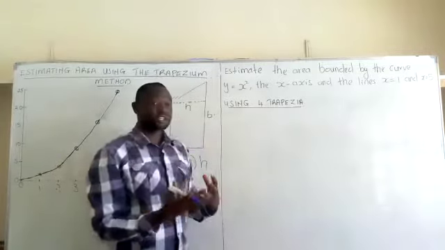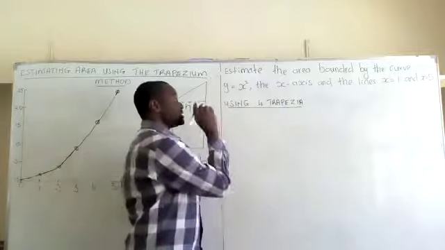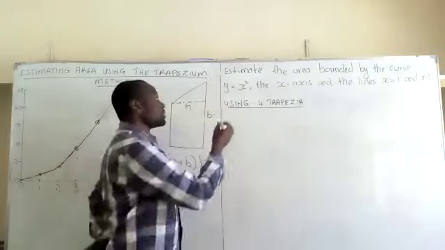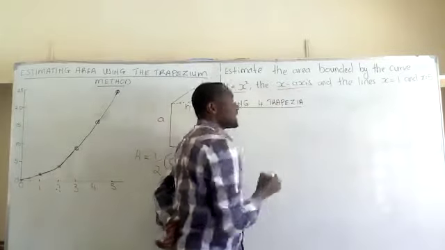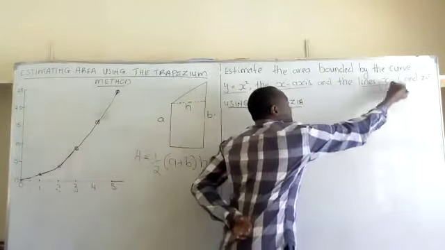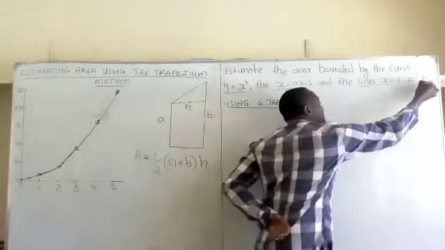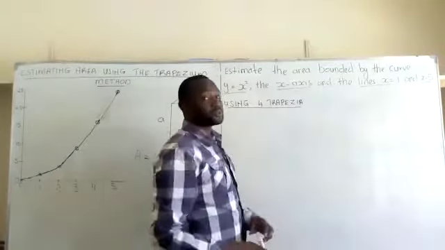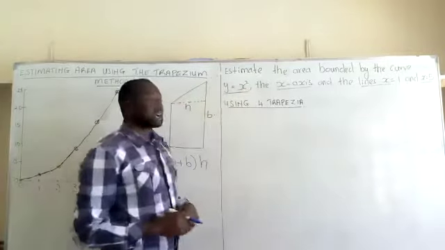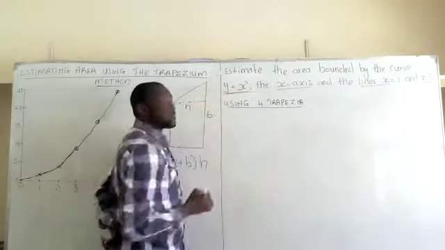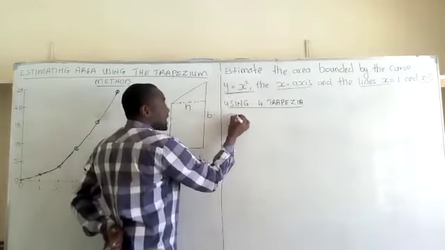That is, we need to estimate that area. It is bounded by 4 boundaries: y equals x squared, the x-axis, the line x equals 1, and x equals 5. Definitely, we'll start by plotting the graph of y equals x squared,